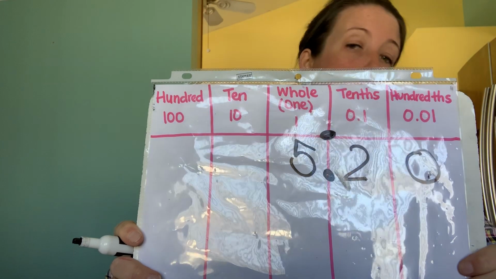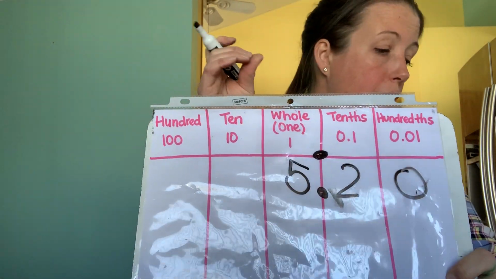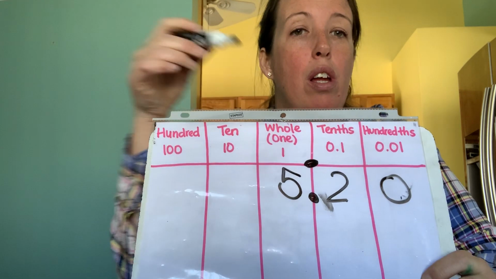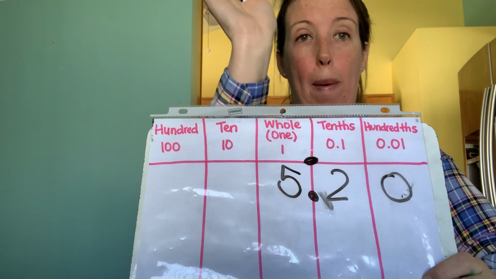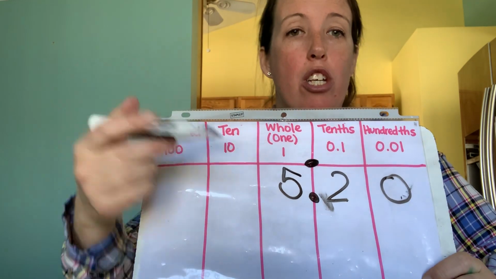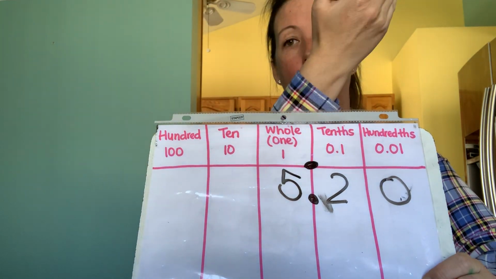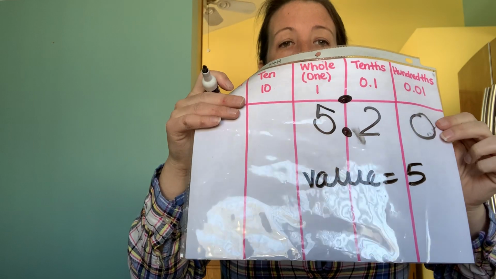And now it wanted to know what is the value of the whole. So I'm going to combine my place with my digit. 5 wholes, or 5 ones, equals 5. So my value is 5. Okay, 5 ones equals 5. Next,